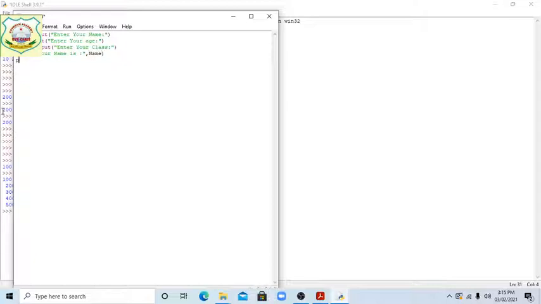Similarly, print your class, your age. Age, print your, the last given class is.